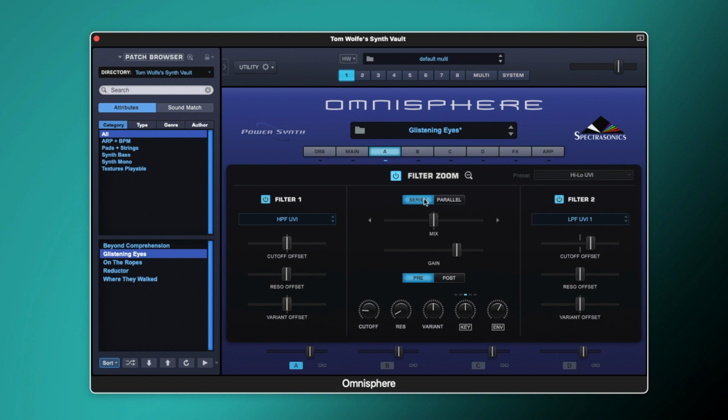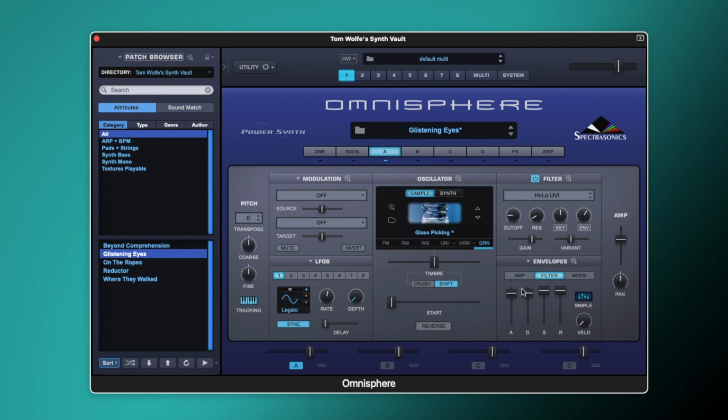This is also set to series, okay? So our cutoff here is set to 0.170, and we've got a little bit of resonance, 0.60. Variant is set to halfway. We've got the key follow set to halfway, and again this time we've got our envelope just over halfway, so that's 0.620. If we come to our filter envelope, first thing is we're not controlling this with the velocity, so